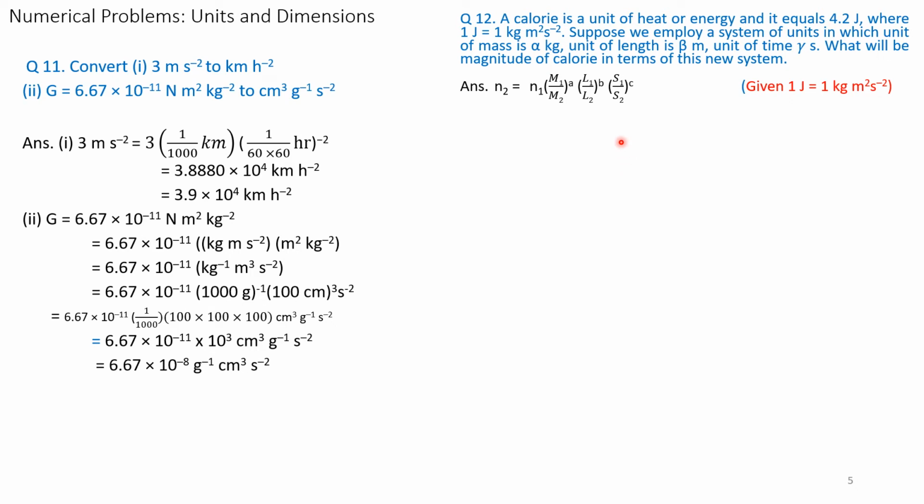We will substitute for M2, L2 and S2. So that can be written as N1 is given as 4.2 into kg over alpha kg to the power of 1,